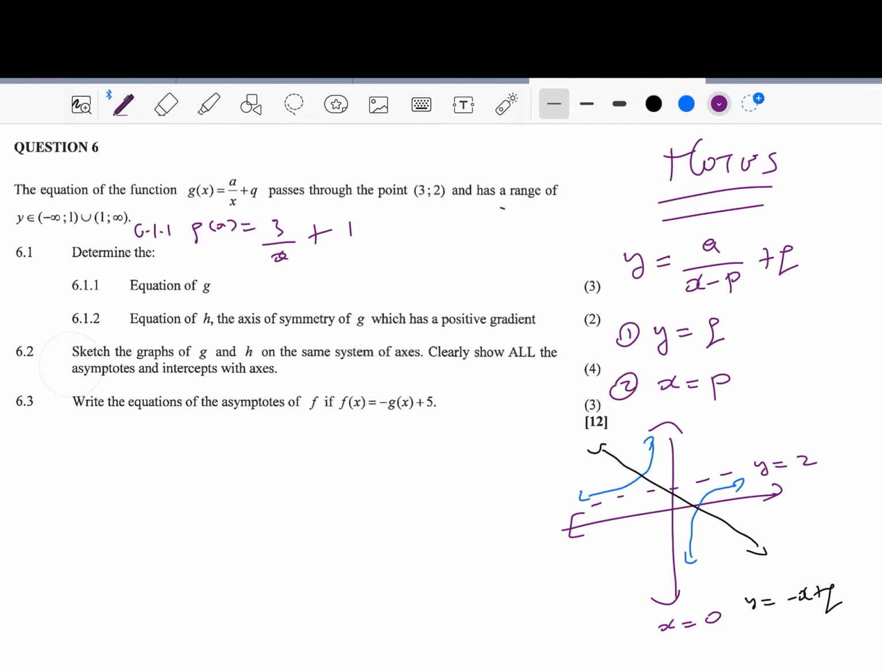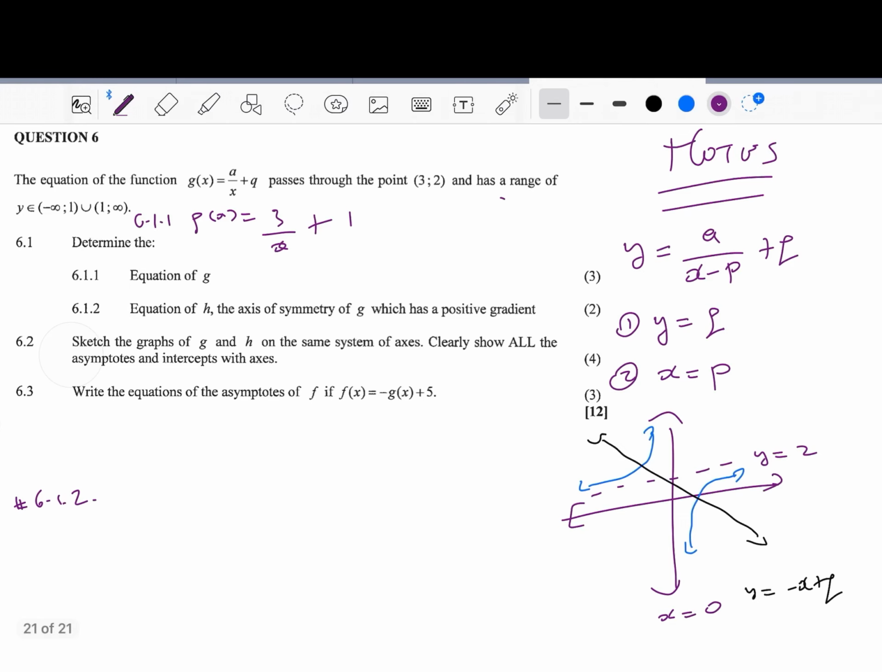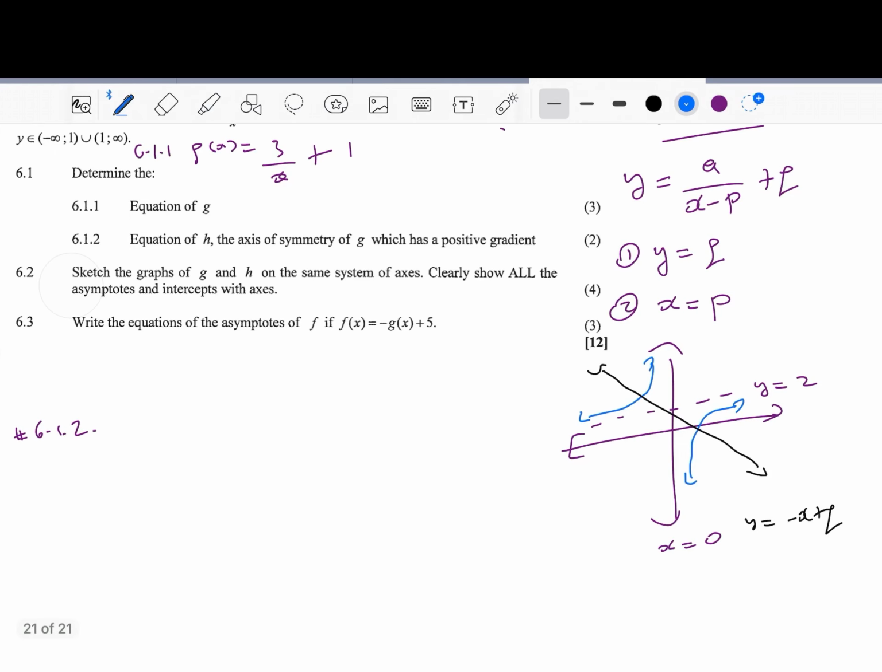So with 6.1.2, we need to determine the equation of h, the axis of symmetry of g, which has a positive gradient. Okay, so now they want us to find the equation of h, and h is an axis of symmetry of g which has a positive gradient. Now again, revision, the axis of symmetry,